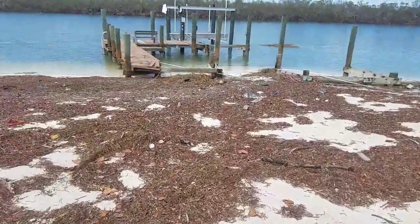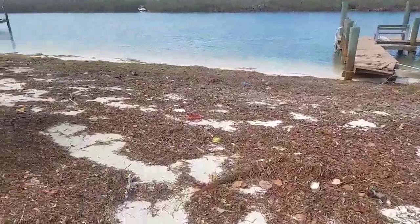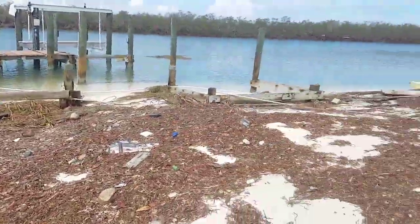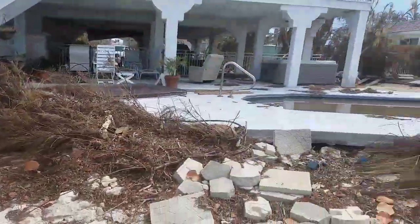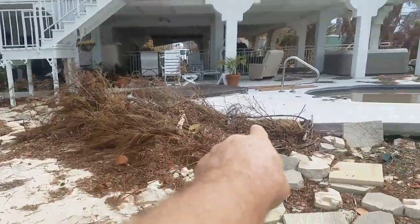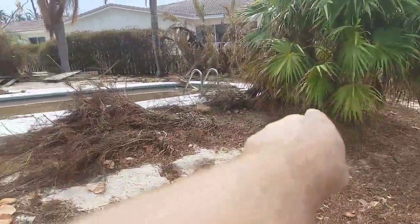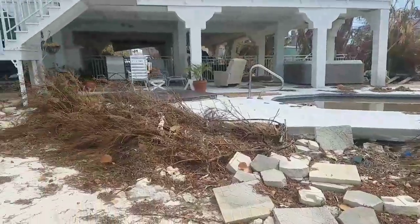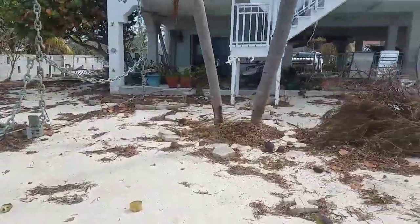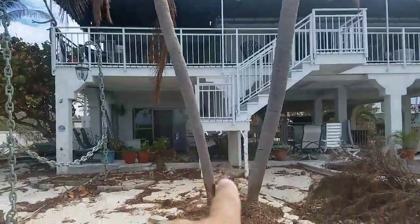Let me go out here. This is all going to be cleaned up. There was a washout right here, but this vegetation, those plants that you don't like, Jeff, is what saved your pool, I believe, from a complete washout. The back of the house is fine other than the stairs, but